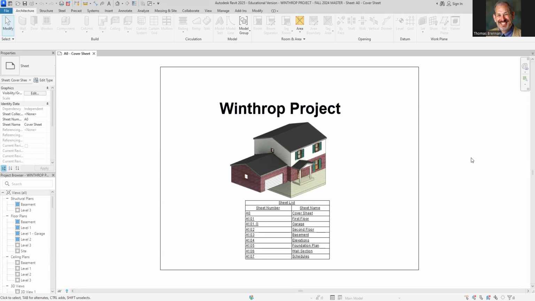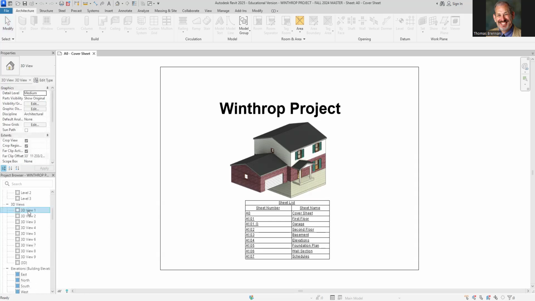The last project we did, which was the cottage, was a bit more freeform. There's been a few more freeform things. The warehouse was too. So this is what it looks like. This is the final version of the project. Here's the cover sheet. And if I go down here and take a look at a few more here,